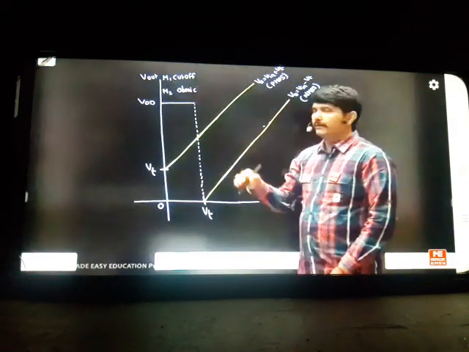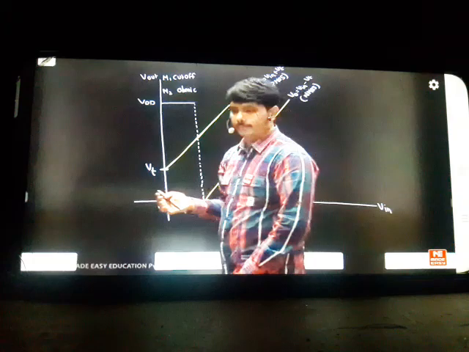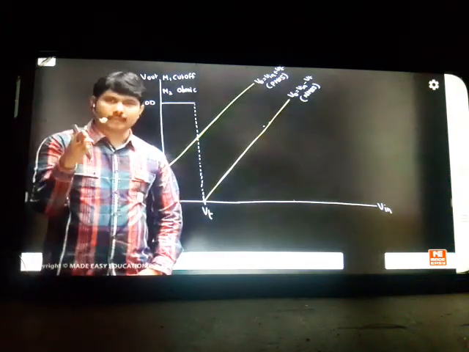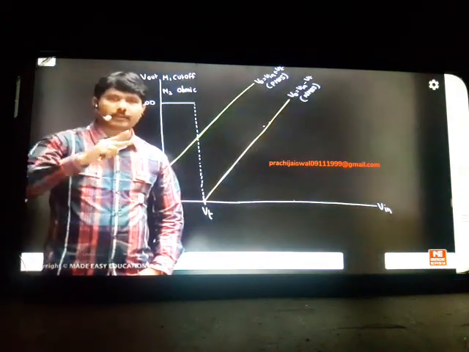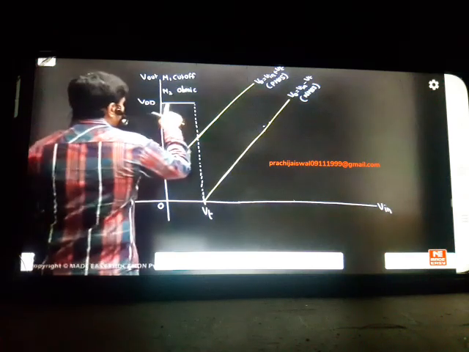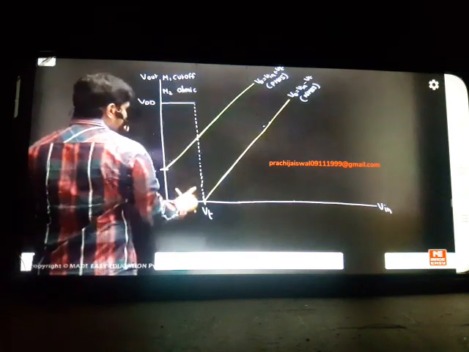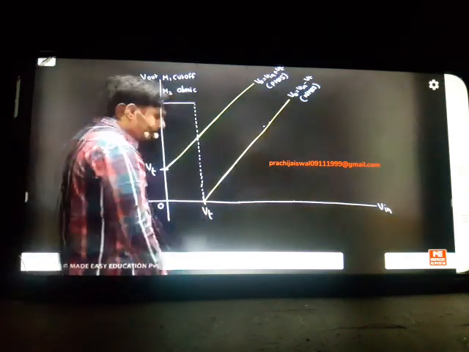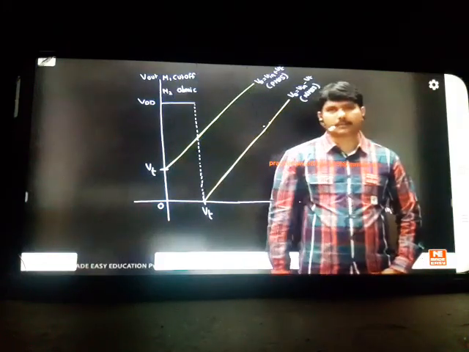You know the trick then? M1 will go to cutoff, next will be current saturation, next will be triode. But M2 started from ohmic. Then it has to go to triode, then to current saturation. That is the story. It has to go in reverse to the NMOS. That is the trick. So whenever you are coming up to this point, can you see that your M1 will reach VT, and if you cross it, M1 will come to current saturation naturally. M1 is an NMOS switch, it will come to current saturation. That is the knowledge we have.